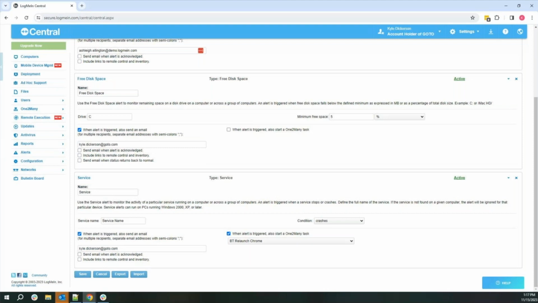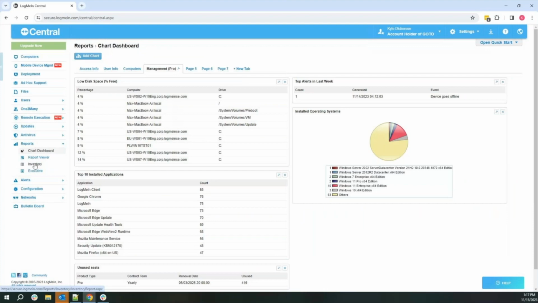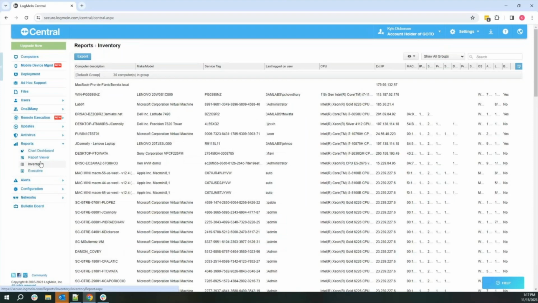This is where we have the ability to do asset management. Now within our reports, we can jump in and take a quick look at the inventory report, which easily identifies each machine based upon the make and the model. We've got our computer description, which is the host name. We have our service tag, so that way we could take this information and go back to the manufacturer, whether it be Dell or Apple or whoever it might be, and then cross-reference that information for lease or warranty